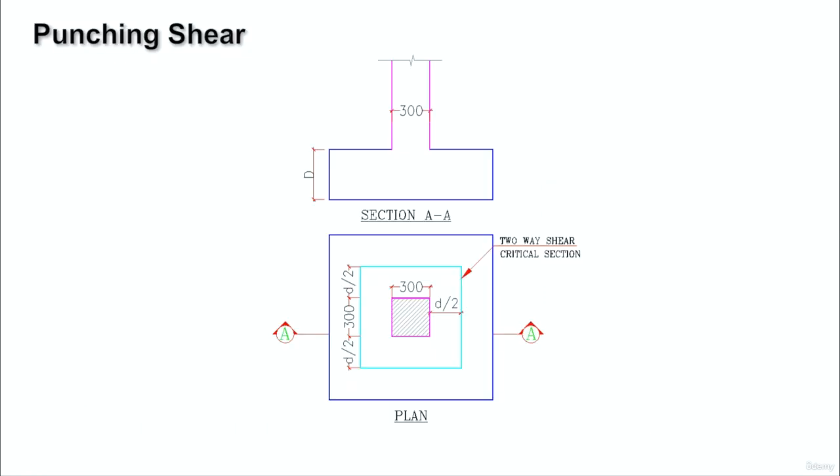As we all know, column is a concentrated load which is resting on footing. Imagine a piece of paper. If you place a pen vertically on the piece of paper and if you apply some pressure on the pen, what happens? The pen tends to pierce through the paper. Similarly, if the shear strength of the column exceeds the shear strength of the structural member on which the concentrated load is resting, the footing, then what happens? That fails in shear. The structural member footing will fail in shear and the column pierces through the footing.